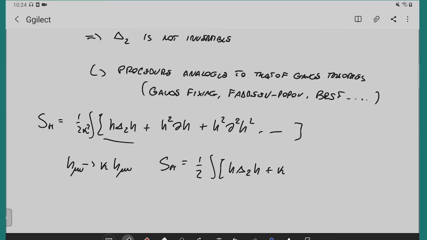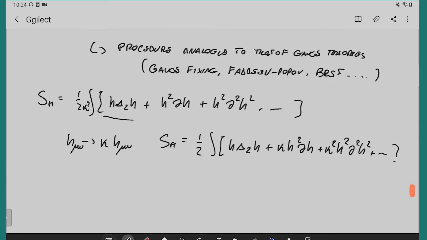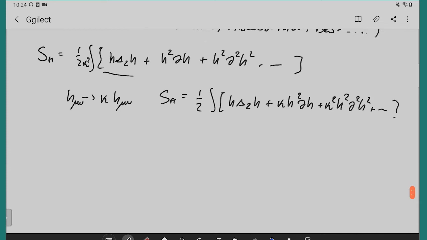But you get this kappa, which has negative dimension all around in the vertex. So it's a theory with a negative dimension parameter, which is already a signal that it is not renormalizable. But to see it, it is better to do it explicitly. This was done in the 70s by 't Hooft and Veltman for the first time. So this works as follows. You can compute